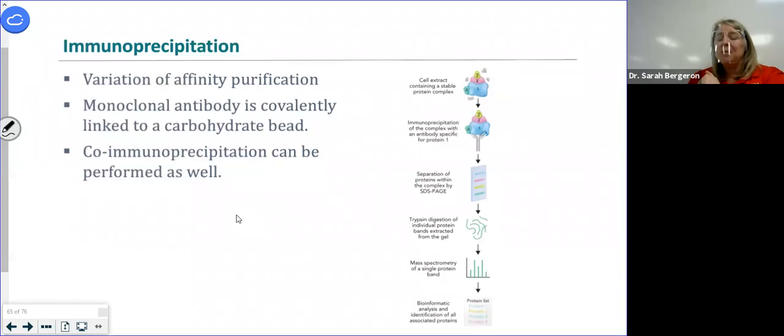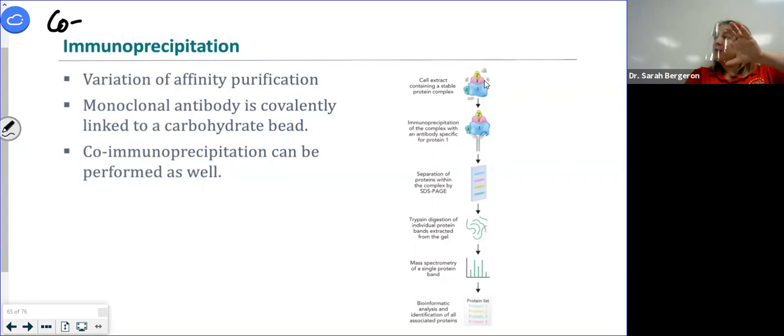And so for that, we do immunoprecipitation, but really it's co-immunoprecipitation, because you want to find out who it's hanging out with. So that's where the co comes from. So what we do is we purify our sample, but we're very careful not to disrupt its interactions with its binding partners. And we use an antibody to recognize actin, our protein of interest. And so we're going to pull down this whole complex in that same bead.